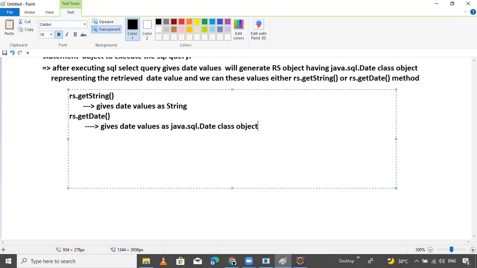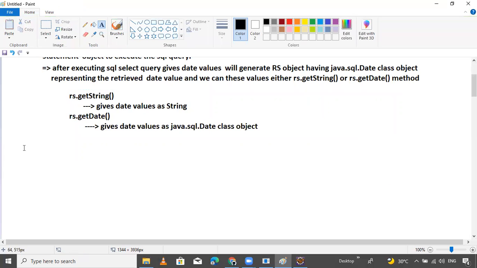And this is the difference between these two methods. Now you can use whichever method you want.